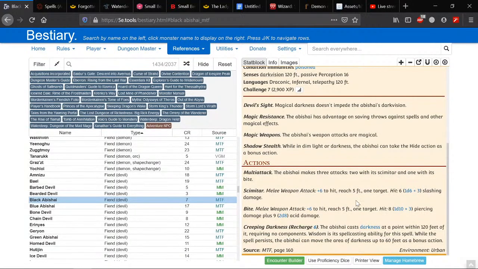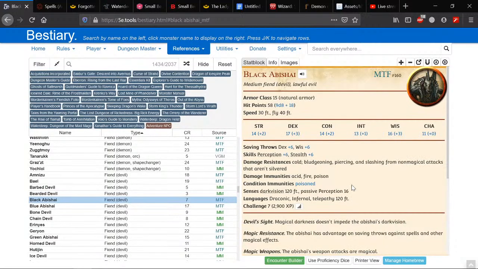With its bite, scimitar. So he's not doing too much damage. It's only doing like, what is that, 4 to 9. Its bite's doing 4 to 13. Oh, plus 2d8. Oh, that's cool. Cast darkness at a point within range, requiring no components, wisdom as the spellcasting ability for the spell. While concentrating, it can move the area of darkness up to 60 feet as a bonus action. So this is an interesting little creature. It's not super tough, but